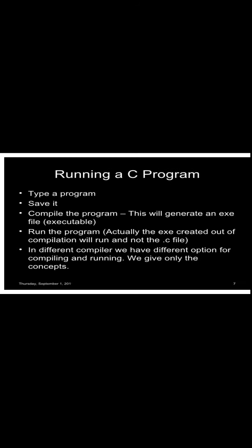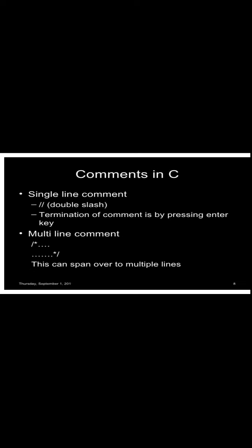How to run a C program? We type the C code and then save it with the specific extension filename.c, and then compile the program. We make some corrections for errors in the code and then run the program. Ctrl+F9 is the shortcut for the running process, and then we get the output.